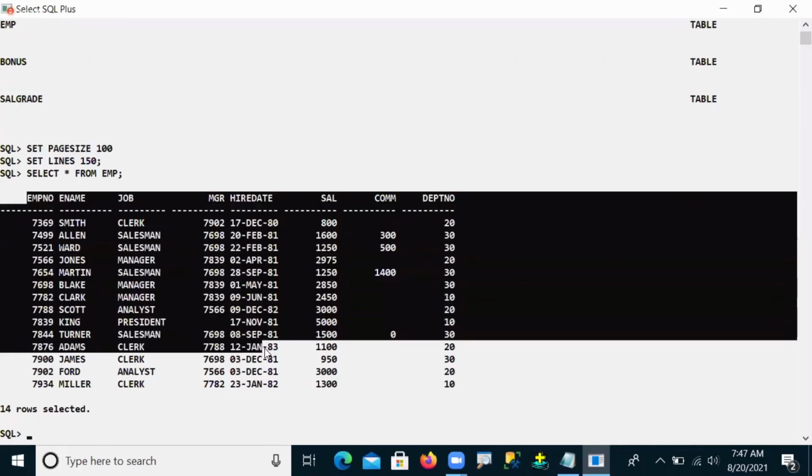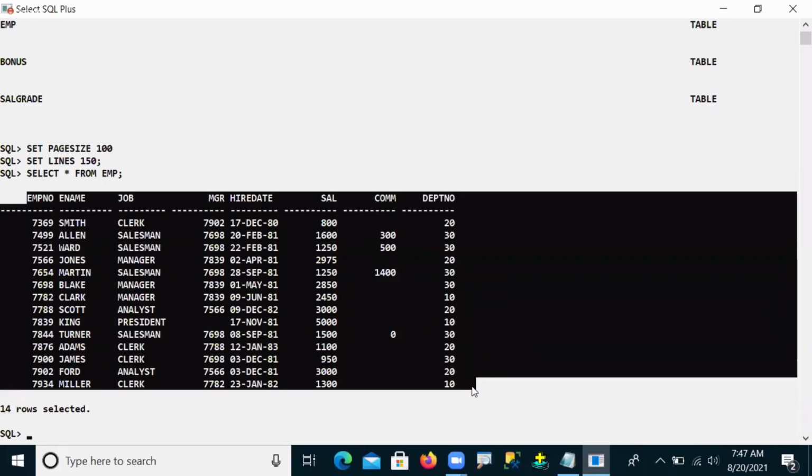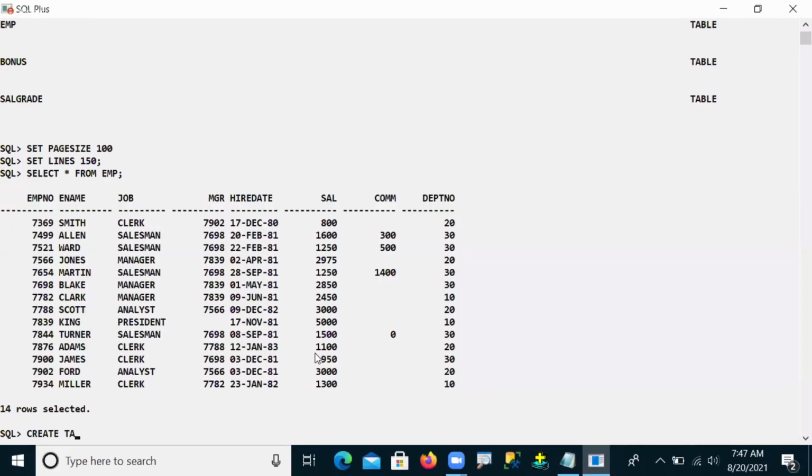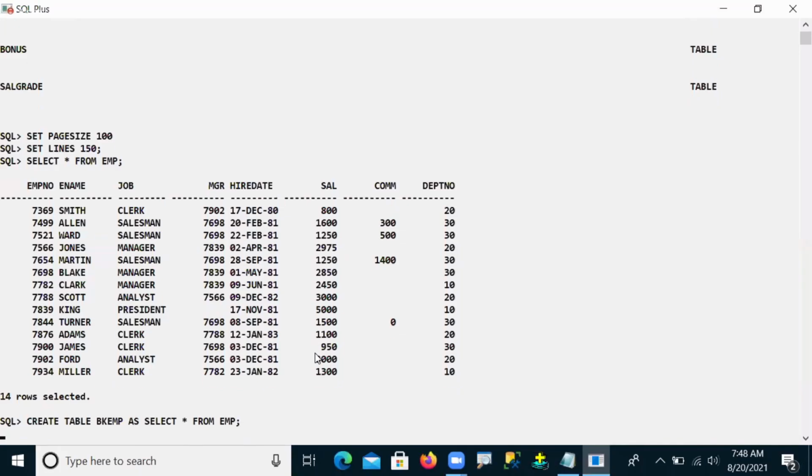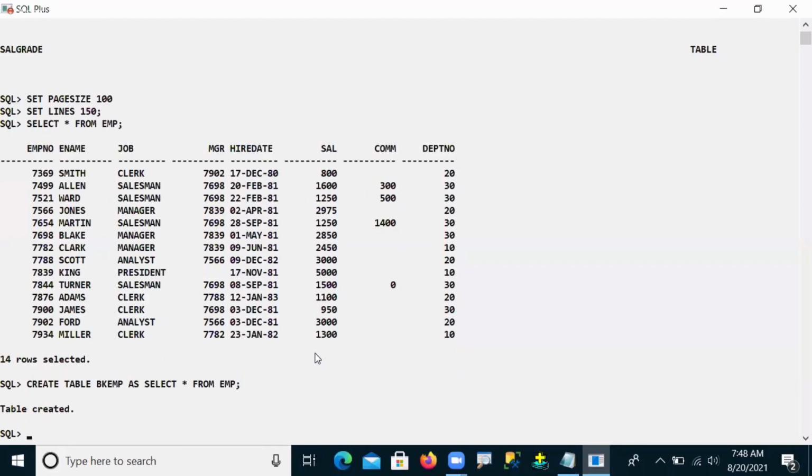Carefully observe, this is the EMP table, having some information in it. So this is my table in this user Scott.